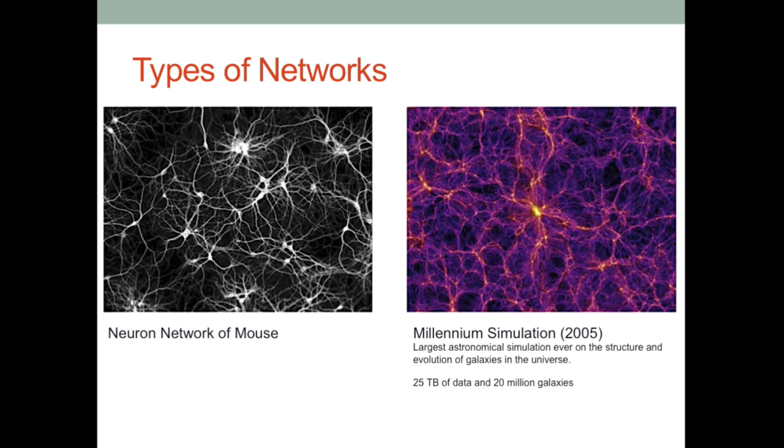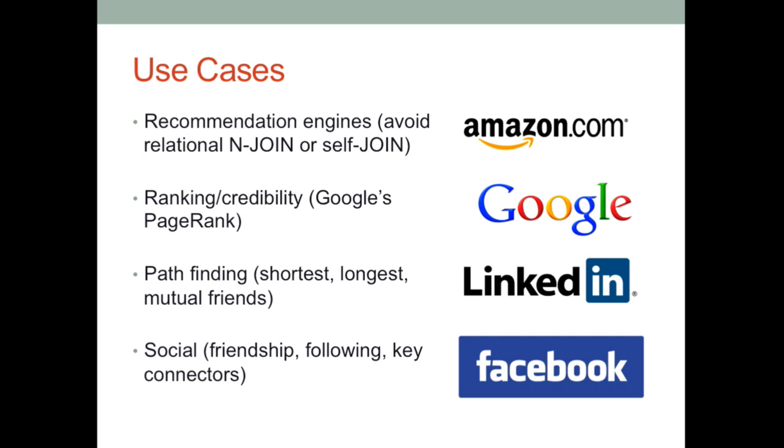And graphs are very much at the center of this. Companies are using it. There's recommendation engines. Google's PageRank, for those that are familiar with that algorithm at all, came from an algorithm called eigenvector centrality, I believe. It's kind of a modification of that. But it came out of graph theory. Pathfinding, right? Who here has been on LinkedIn? It's always recommending: this person knows this person who knows this person, you might want to connect with them, right? That's graphs. And then Facebook, you've probably heard about Graph Search. Does anyone know? I thought I heard that it was Neo4j that was part of that project. I don't know. So it's coming up more and more.